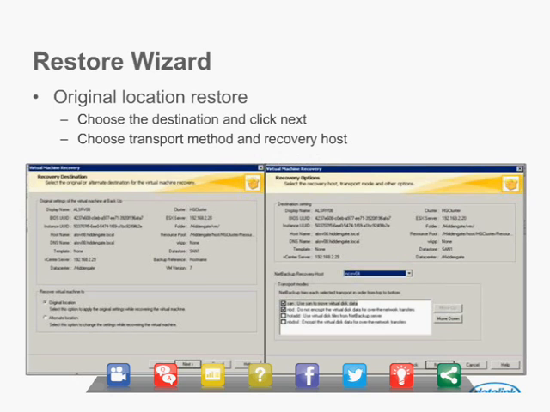So let's walk through the restore wizard and see how one of these restores works. The first option we have is an original location restore. We're going to put that VM back to where it came from, the same data store, the same host, etc. So you're going to choose the destination, and you'll click Next, and you'll choose the transport method and recovery